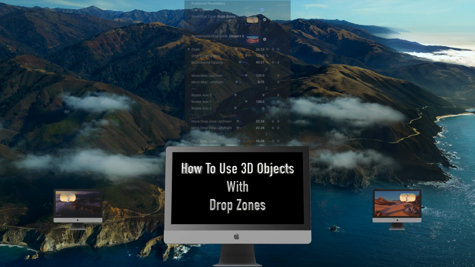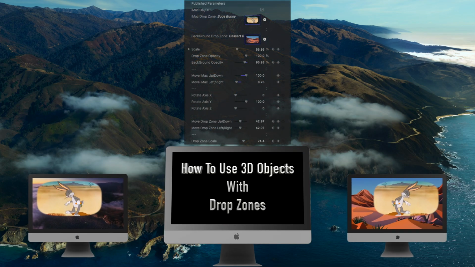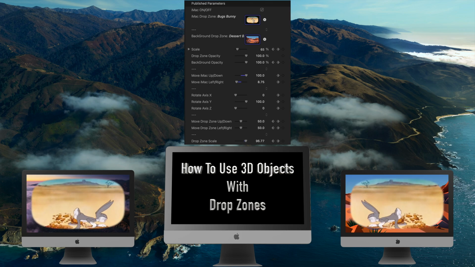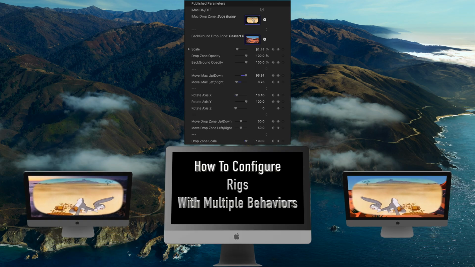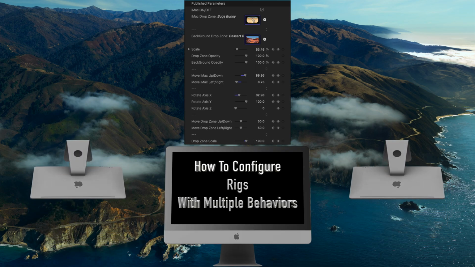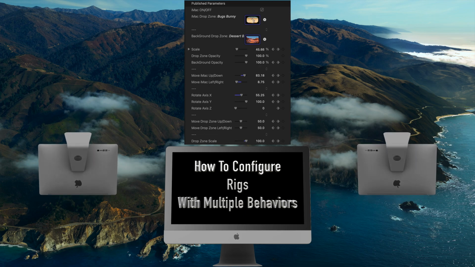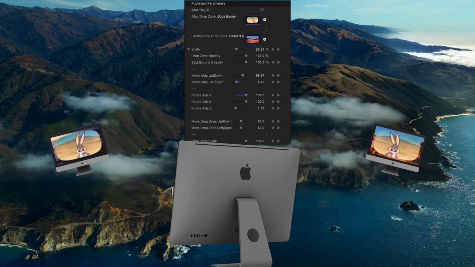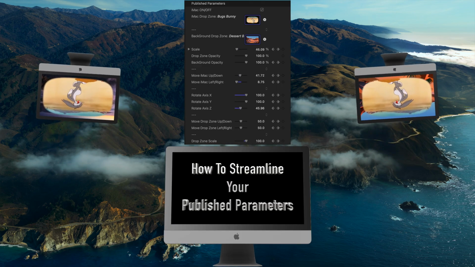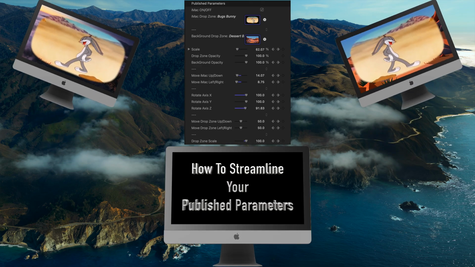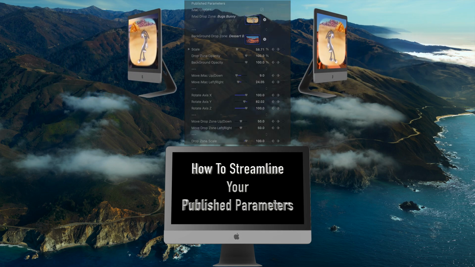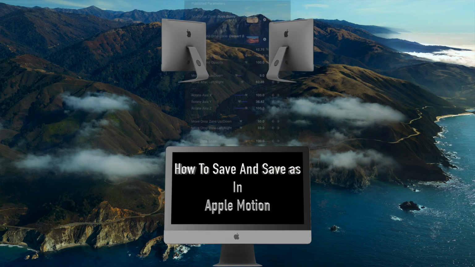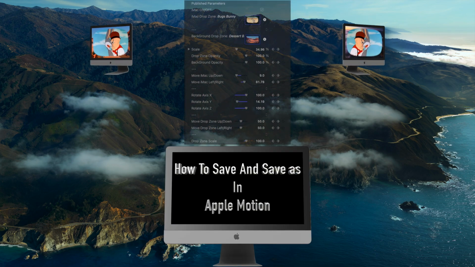Okay, what you see here is an example of what you are about to discover. You're going to discover how to use 3D objects with drop zones on them, how to build rigs to set up your published parameters, how to make your published parameters look halfway professional or mostly professional. This deals with actually placing two drop zones on the front of an iMac that you can maneuver around in